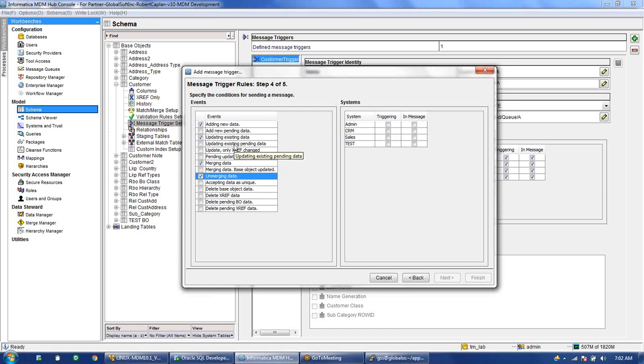So these four I have selected as an event here, and on the right hand side we have to select the source system name, that is, for which source system you want to generate these events. So I will select these three systems, the admin system, CRM system and sales system. From any one of them, if I am getting new data or updates, I want a message to be generated.